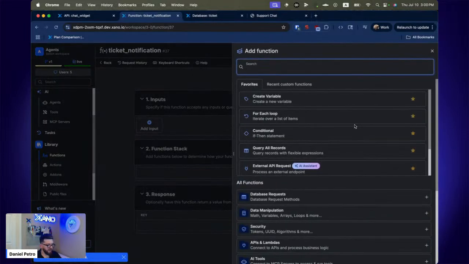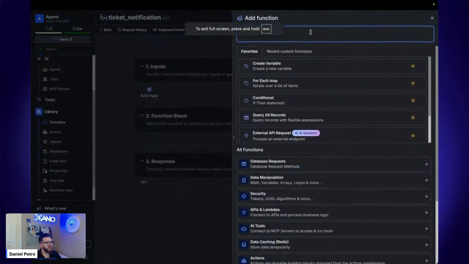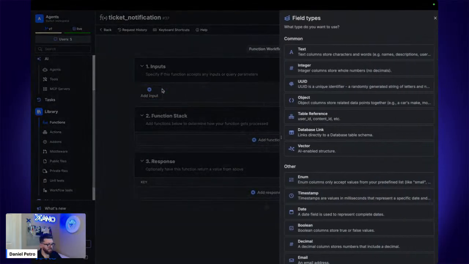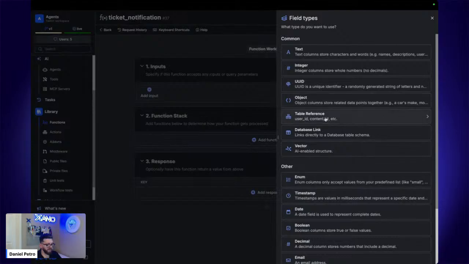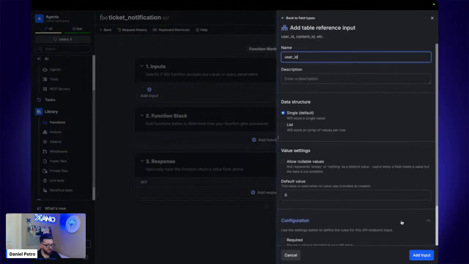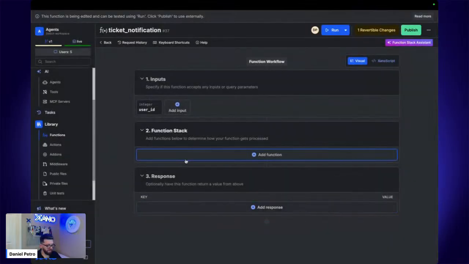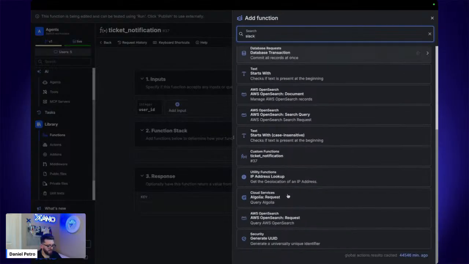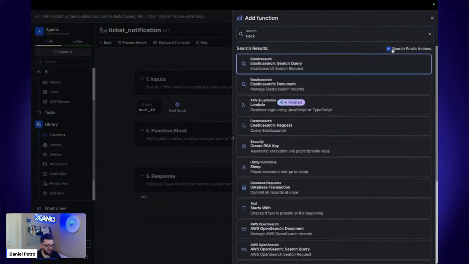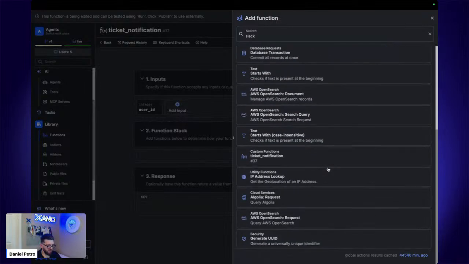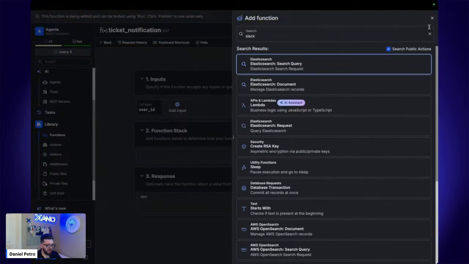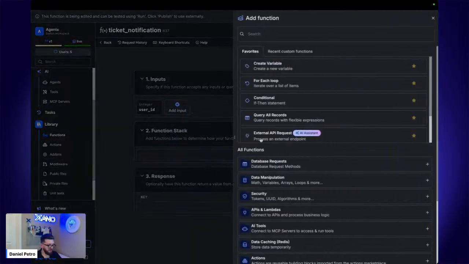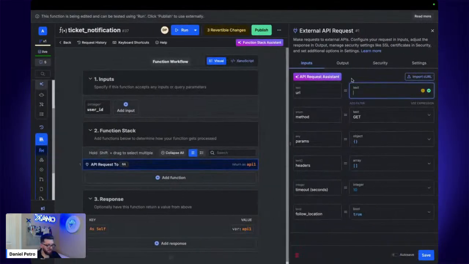And after that, we can basically maybe pass in a user ID, who we want to notify. And then maybe if we go to Slack, okay, I don't know. Okay, I don't think I have a Slack action here, but I can always just use the request assistant and say,